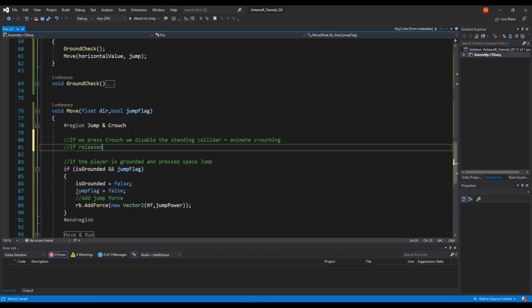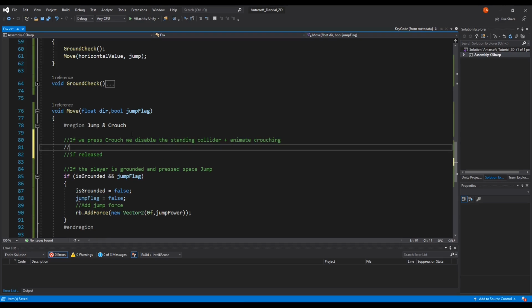If released, of course I forget something else, reduce the speed, like we have to reduce speed. It depends, I'm gonna go with half. So let's get this thing. If released, resume the original speed and enable the standing collider,